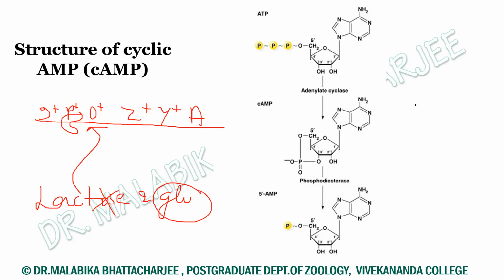Remember, when glucose is present in a cell in very high amounts, we have to assume that there is very low ATP in that cell. This is inversely proportional